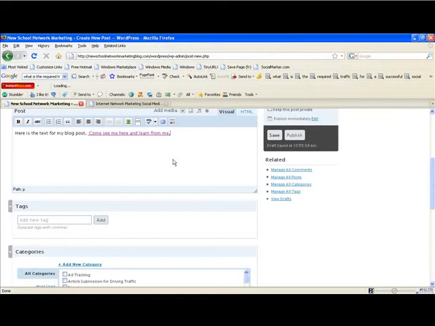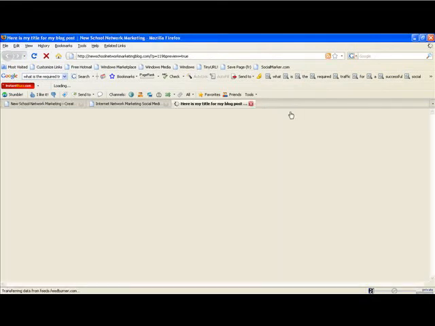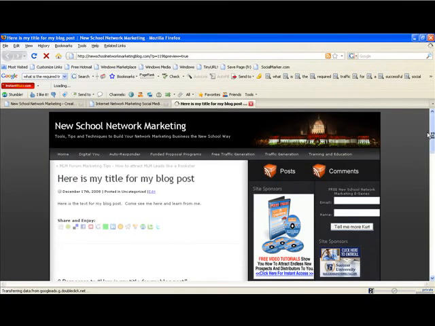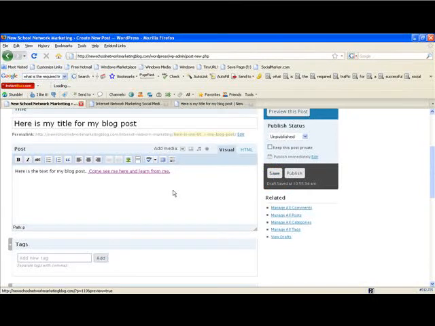Now you can put pictures in here, you can put videos in here, you can copy and paste HTML code in here, but the last thing you need to do is just click this publish button. Let's take a look at what this would look like if we were to publish it. See, there's the title that we talked about, and that's it right there. That's as complicated as it has to be. The last thing you do is click publish, and boom, it's out there on the internet.